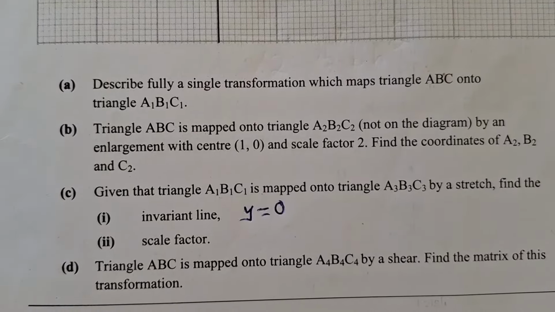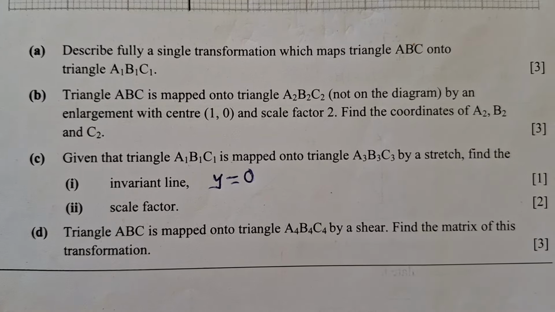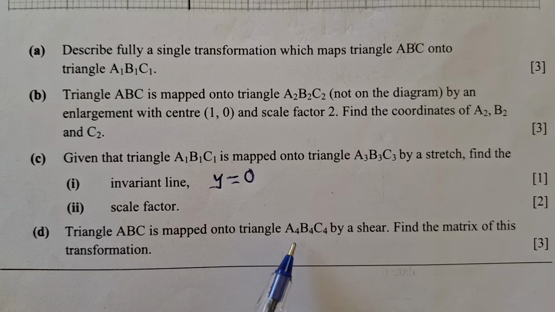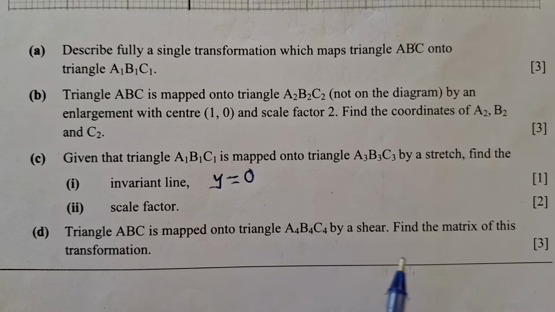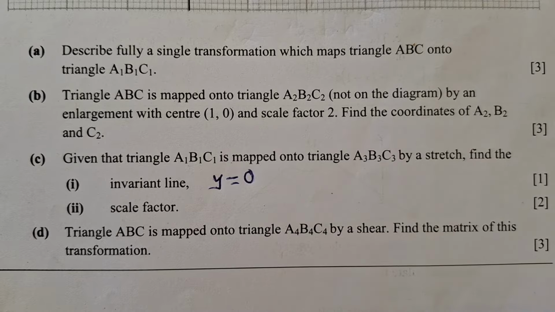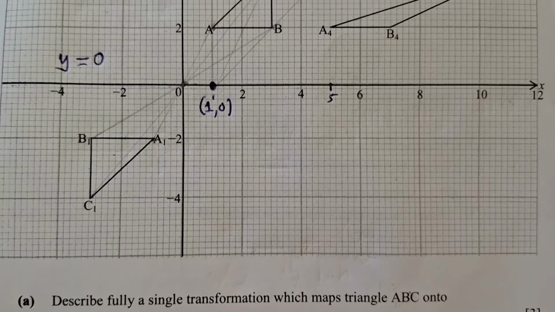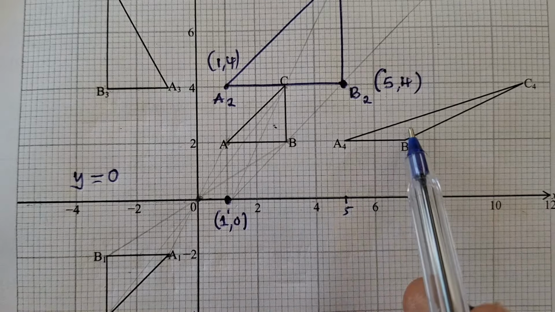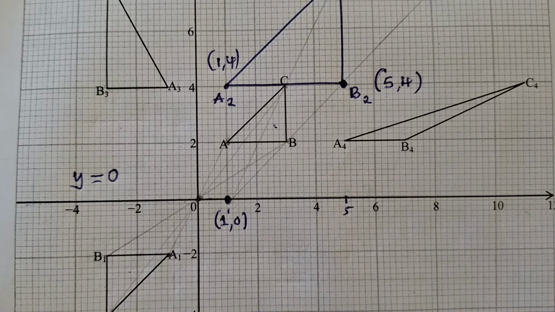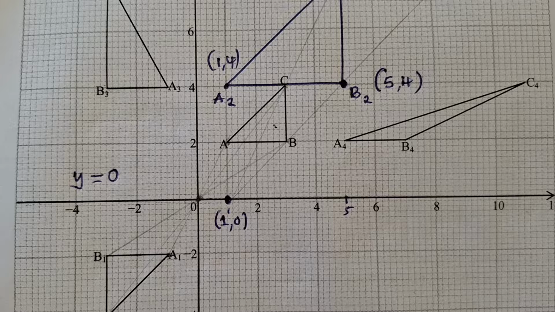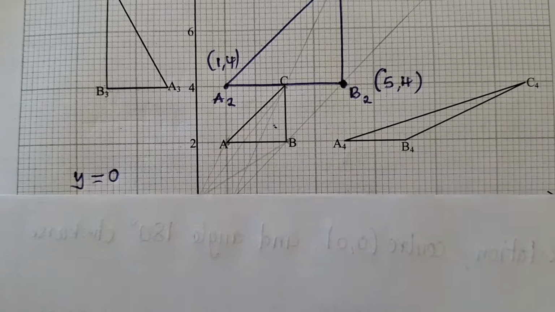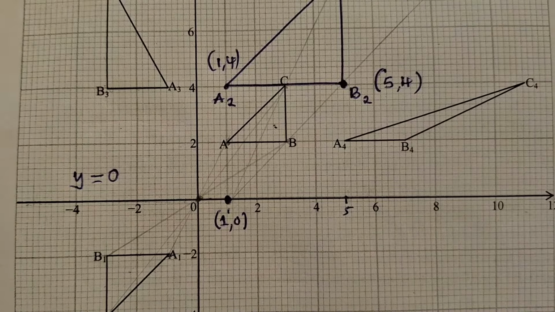For the last question, they are saying triangle ABC is mapped onto triangle A4, B4, C4 by a shear. Find the matrix of this transformation. So let's see what they're talking about. It's right over here. This triangle is mapped onto this by shear. So we want to find the matrix. So to find the matrix, guys, remember this point. The first thing that you need to do is to